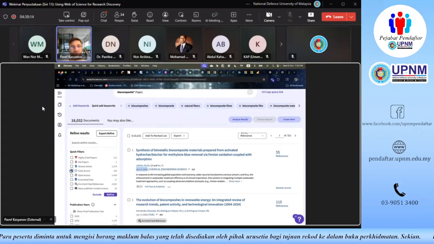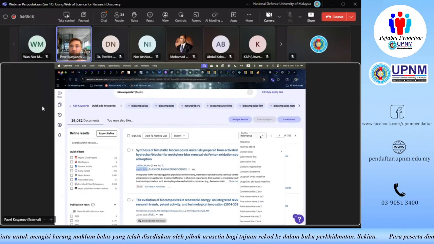What I wanted to show you is I wanted to sort these documents by citations. As you can see, we can also sort them by date, so that we can also see the newest documents in this topic appearing. And yeah, Web of Science is updated on a daily basis. So if we run this search once again tomorrow, probably it's going to have slightly more documents. But what I wanted to show you is the sorting by citations, highest first.